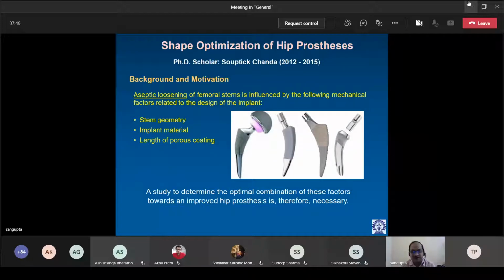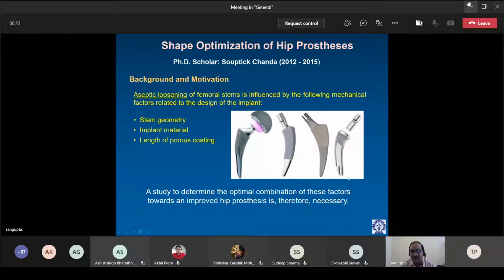of the implant. Okay, so you now have a basic idea that the design of the implant has influence on the outcome of the reconstructive surgery. And this outcome of the reconstructive surgery is actually dependent on mechanical factors. Okay. Now, the stem geometry as a whole, the implant material, the length of the porous coating, as you can